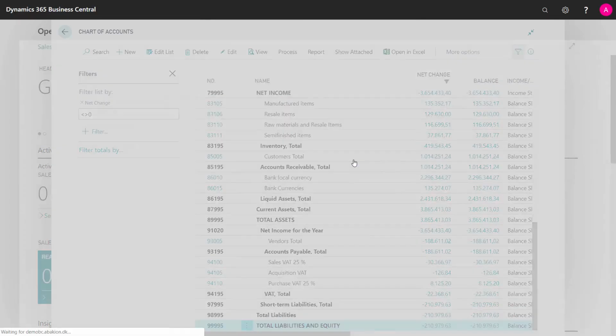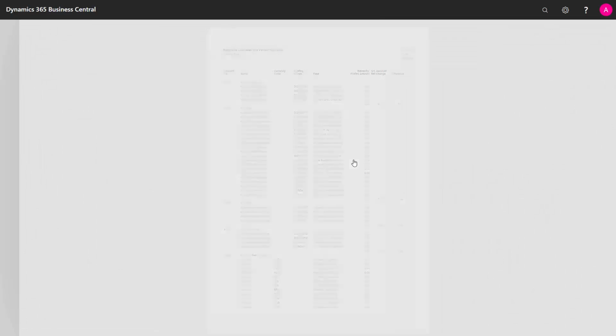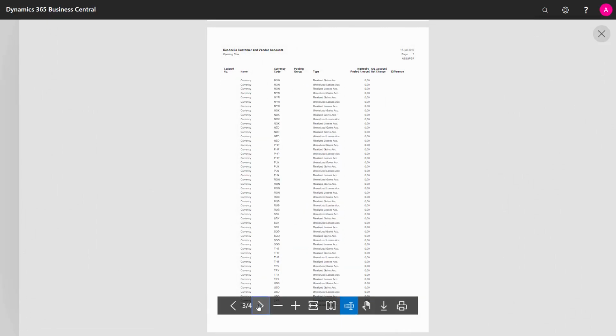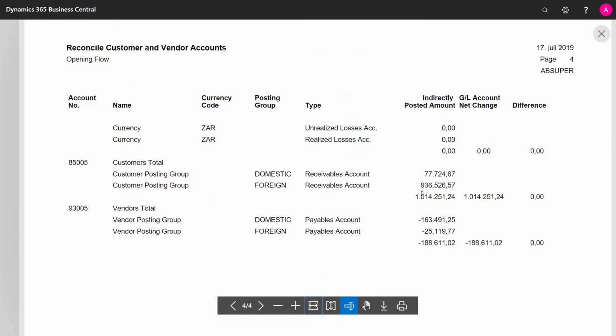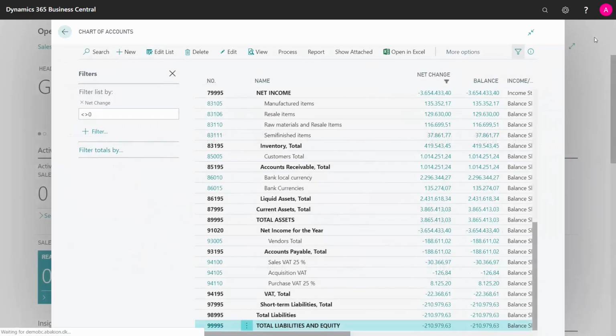I will use the report for reconciling here. I can see that my customer ledger entry and my GL entry on the customers are equal, and there's no difference. So that's very nice. I could look at my bank accounts to reconcile those into my balance,